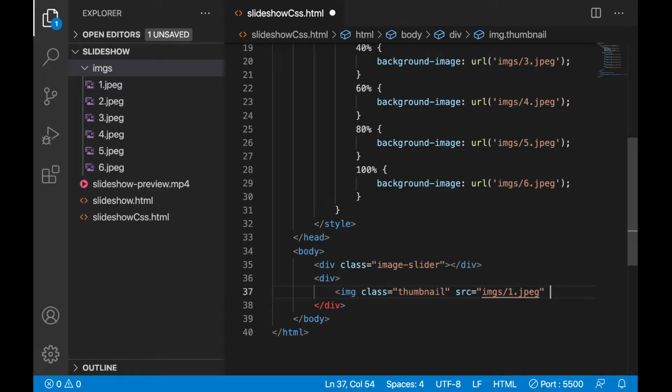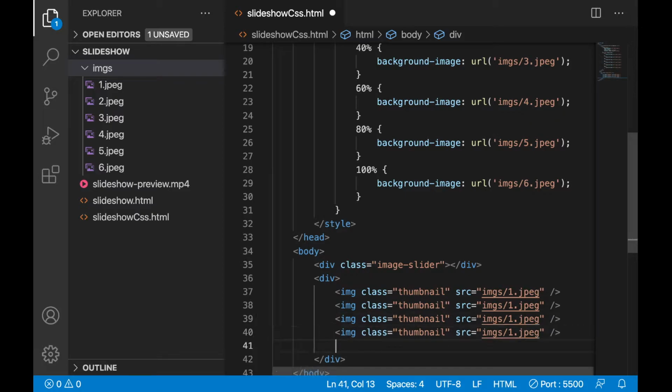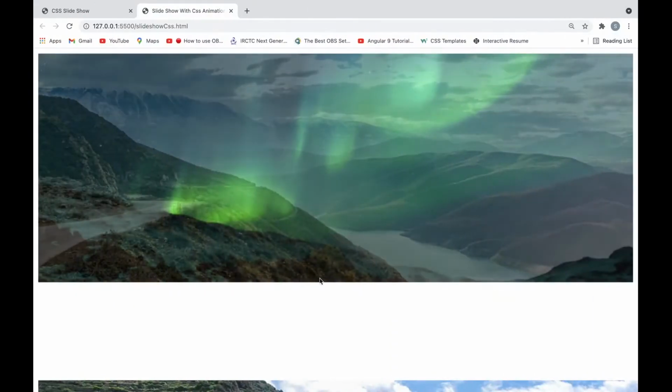Okay, let's close this one. Forgot to close. So I have 6 images. Let's change it to second, third. Now let's see.